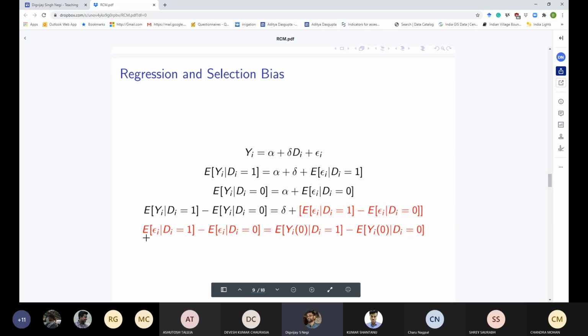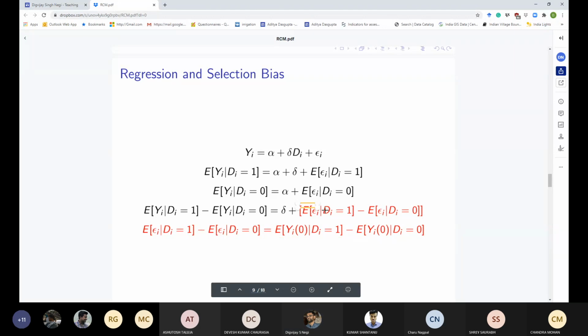So this expectation of the residual conditional on D1 is this term. It's basically the potential outcome for the treated group, the average of the potential outcome under control. Similarly, this is the potential outcome for the control group under control. So it's basically saying that if you find these two expectations, this difference,